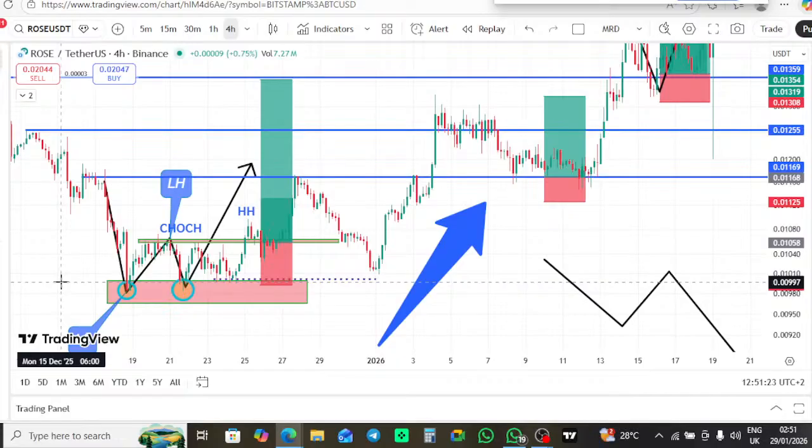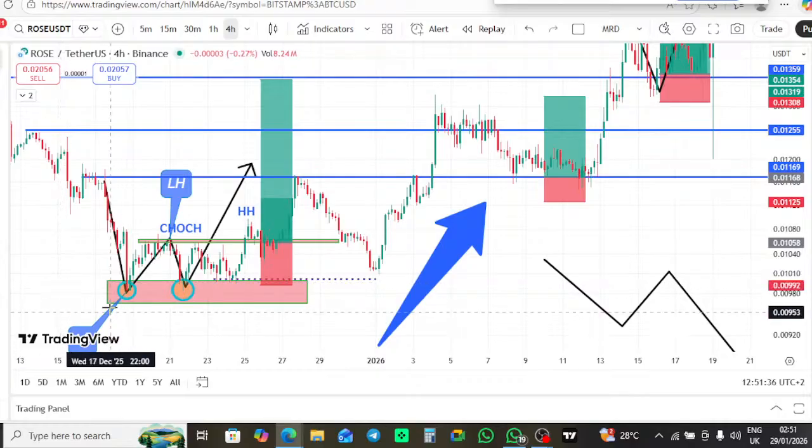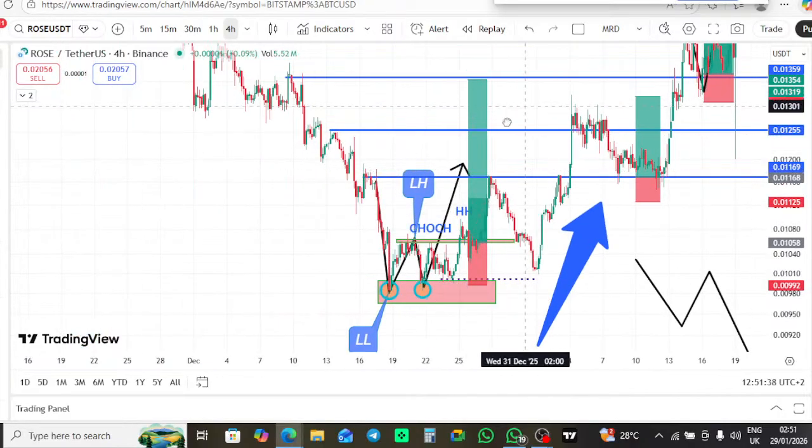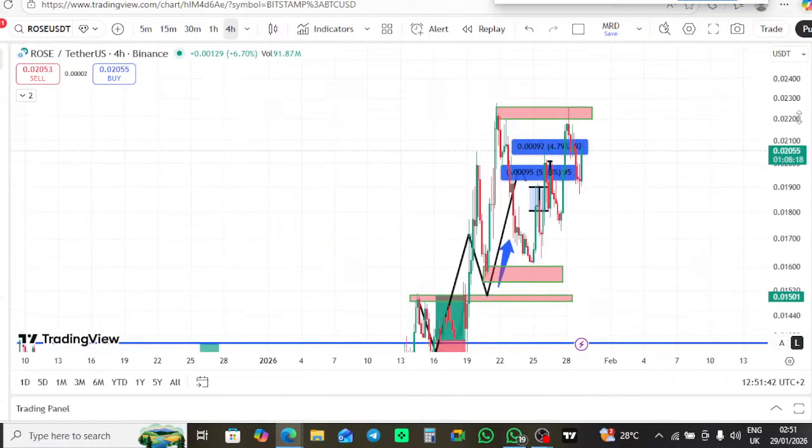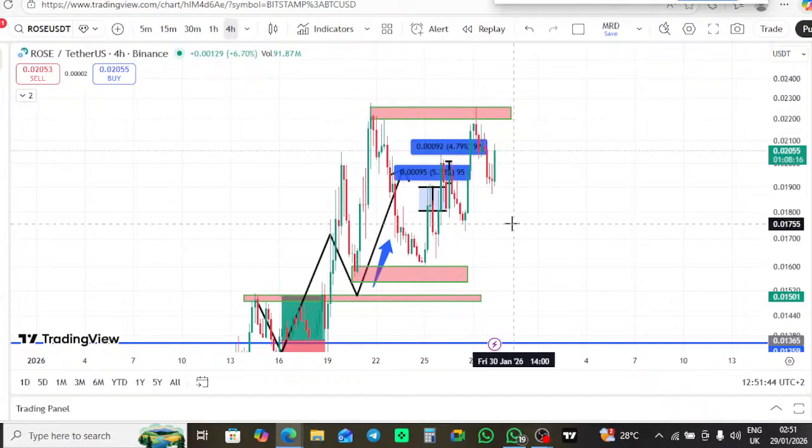I come again. The change of character is always at the end of the trend. It can be an uptrend, we expect change of character. It can be a downtrend, we expect the change of character. Currently, you can see the coin is still in uptrend. But when you observe well here,